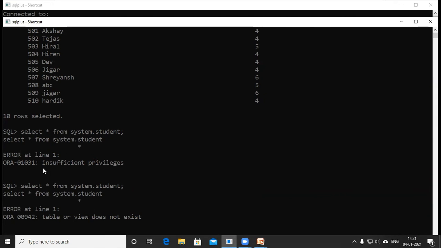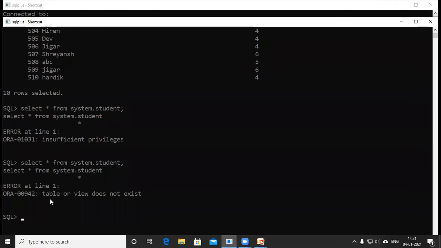Whenever you get this type of message, it means the user has some different privilege on the table. But when you get the message table or view does not exist, it means a particular user does not have any privilege or permission to access that table. So there is no privilege assigned to that user for that particular table.